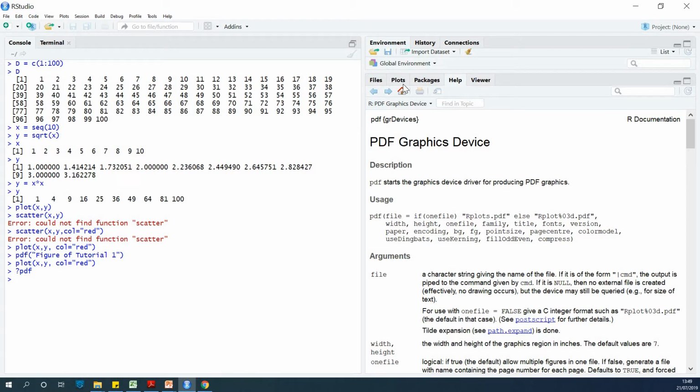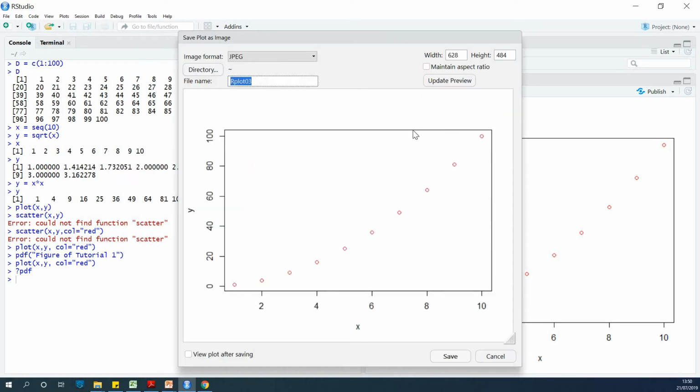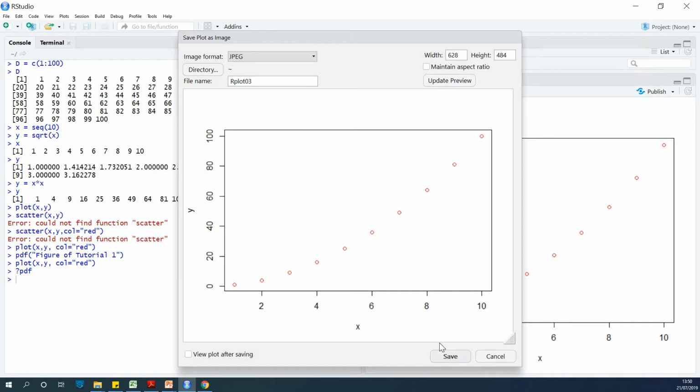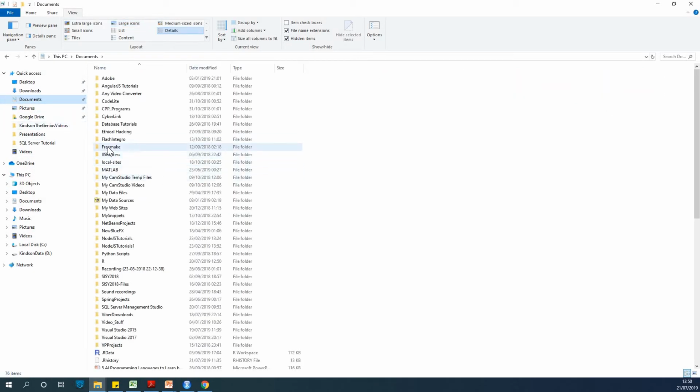Because right now, if we have our plots, we can actually export it either to PDF or as an image. So I think it makes more sense to just use the button here to export it as PDF. It takes some time and it's going to open up as a PDF file. I think it might have exported to my documents. Save as image. Okay, so it saves it in this directory, which is documents. The name of the file is rplot03. If I go to my documents and look for rplots,